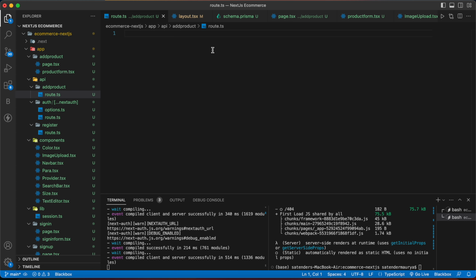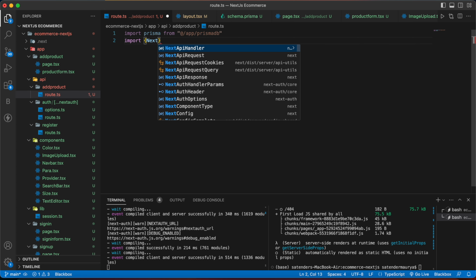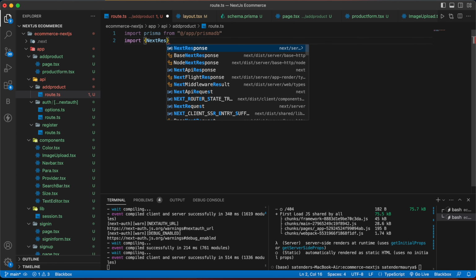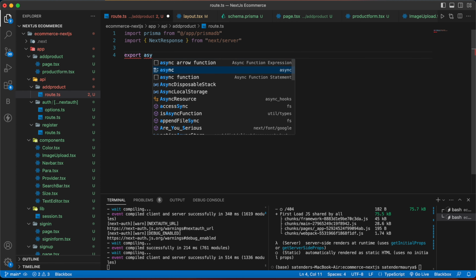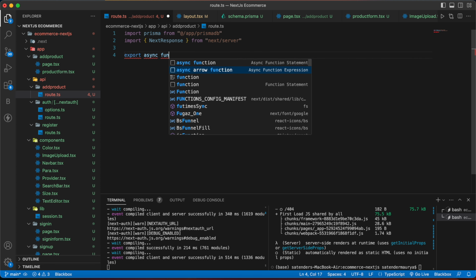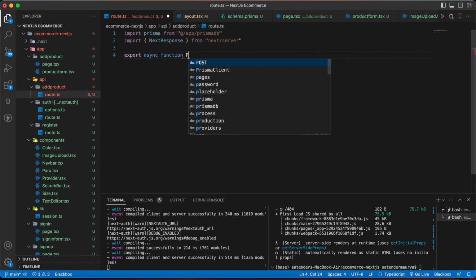So first let's import our Prisma. Then we are going to import our next response from next server, and then we are going to write our export async function to post the data,